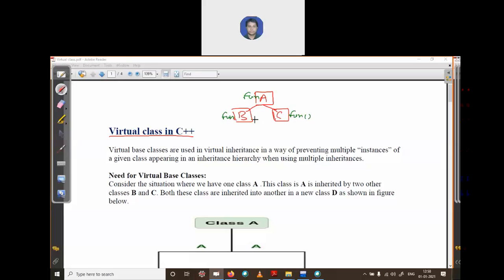Suppose after this, these two classes create one more class, a subclass derived from both. Which kind of inheritance is this, when more than one class derives one other class?